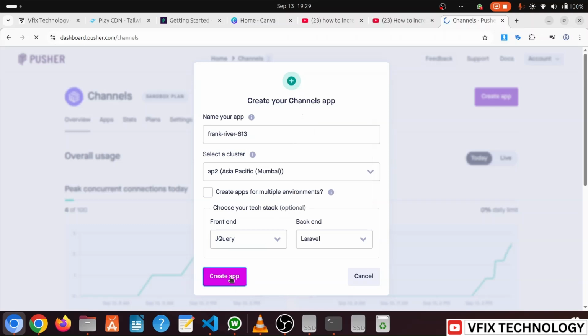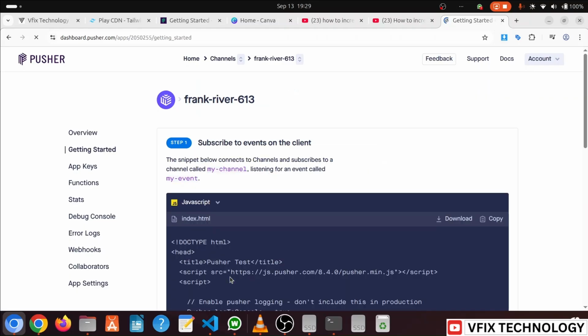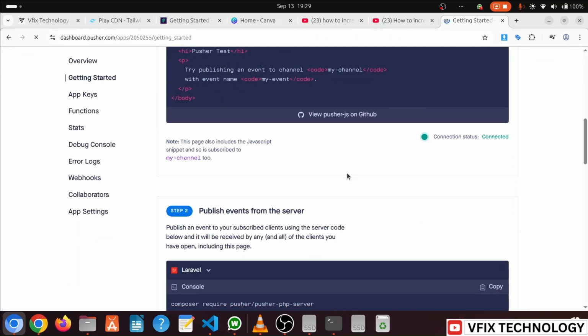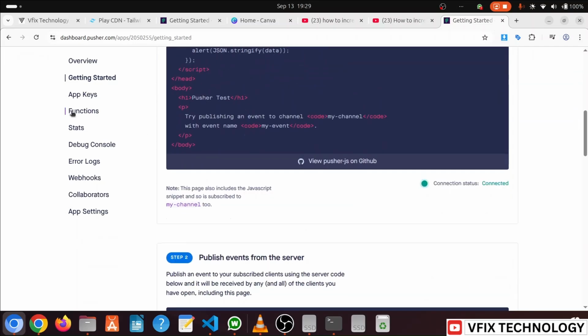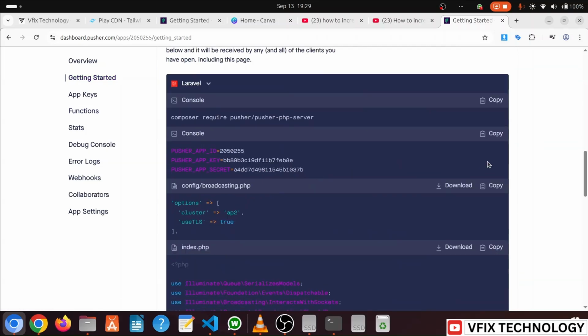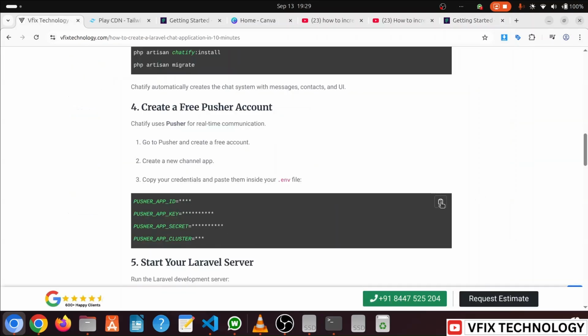Click on create app. Now this Pusher is going to give us the APIs which will react in real time, just to send the push notification. Now if you scroll down on the getting started navigation, you will find these three options. Technically there's going to be one more. If you see my blog, there are four options. I'm going to copy them